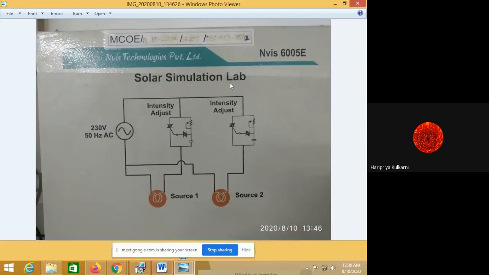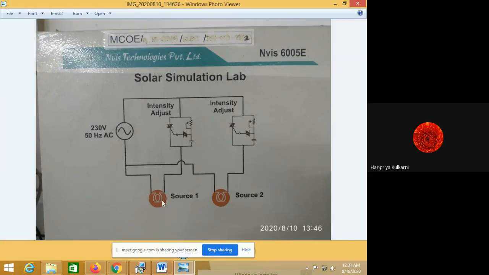How we are going to control the sun intensity, that I will also explain, which we require now and in the next part of this practical also. This is a 230 volt AC supply, which we are giving in parallel to the two sources, source 1 and source 2. One point is connected to one terminal, and the other point is connected through control circuitry to the other point. So this source is getting 230 volt AC. Again, this is connected in the same way, with the second terminal through control circuitry to the other supply point. These two are connected in parallel because all the lamps require 230 volt AC supply.